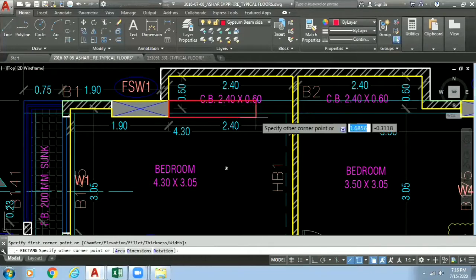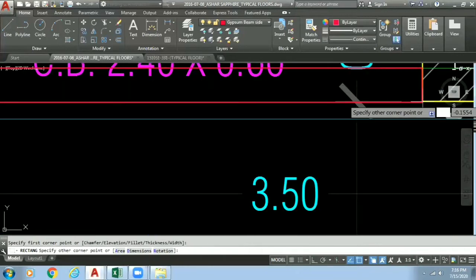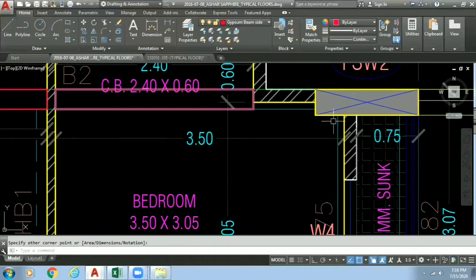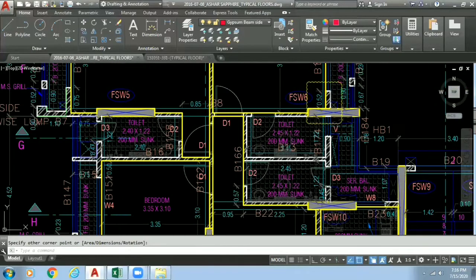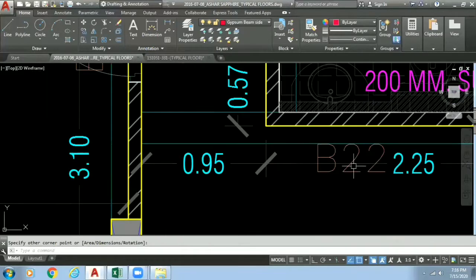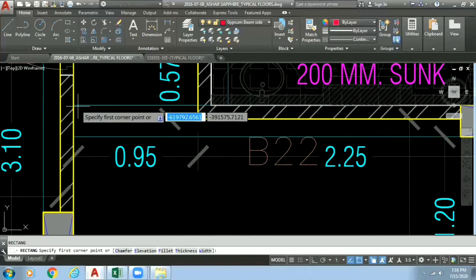on the faces of the beams where we don't have running walls. We have walls from here, so we won't consider the further part. Now again, in this beam B22, B22 travels from this wall to this column point, but we have a wall from this point till this column. So what about this area? We will again take a rectangle on this area.